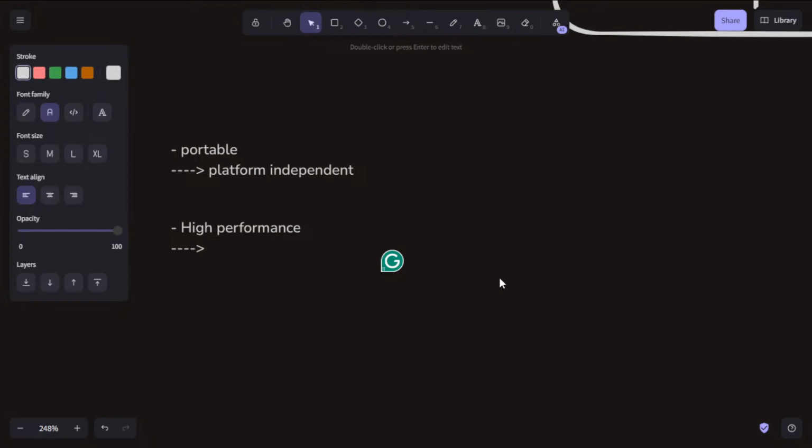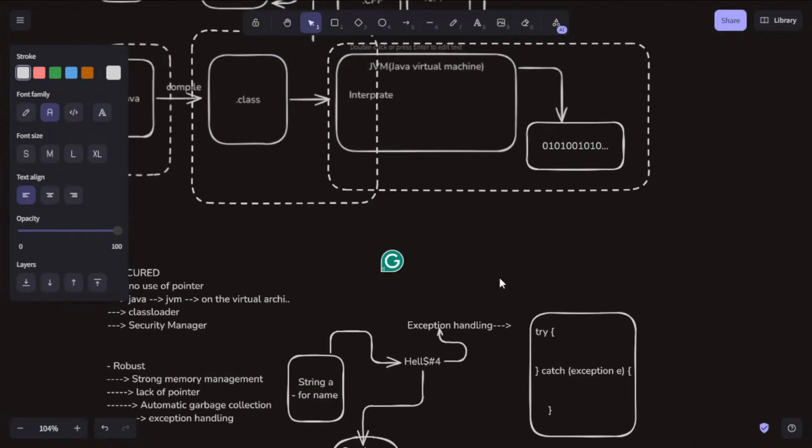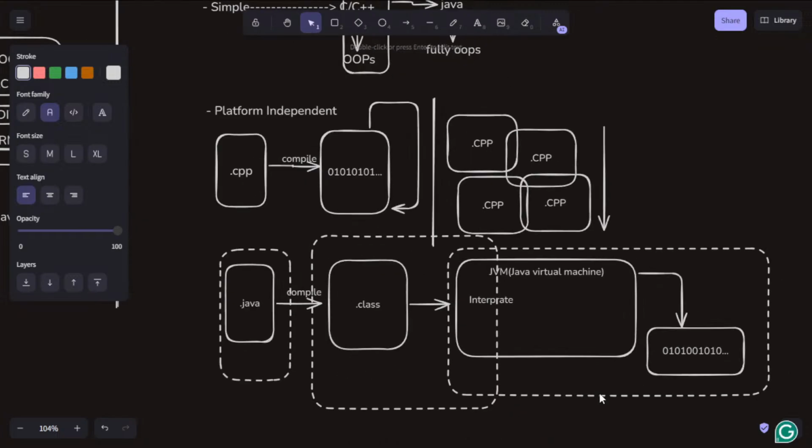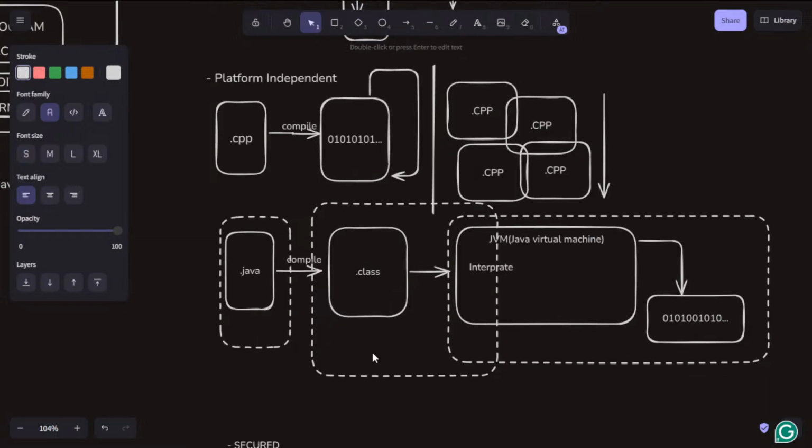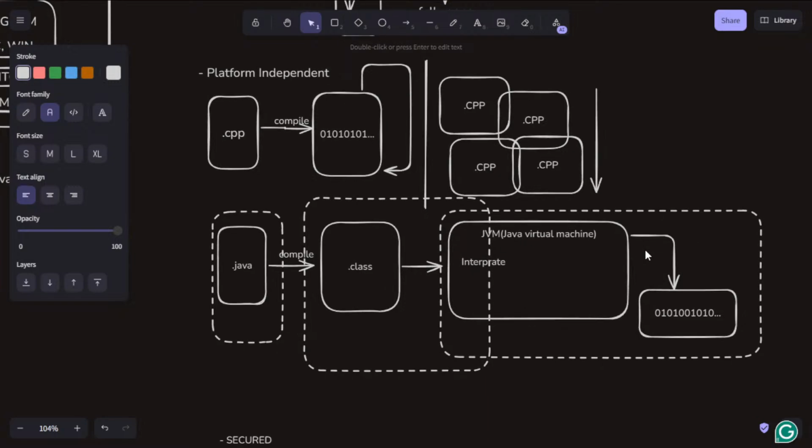The main thing I told you is the reason for high performance: it's not going to compile multiple times for every system. Yes, there is interpretation, but interpretation is faster than compilation. That's the reason it's faster on the containers that we deploy.